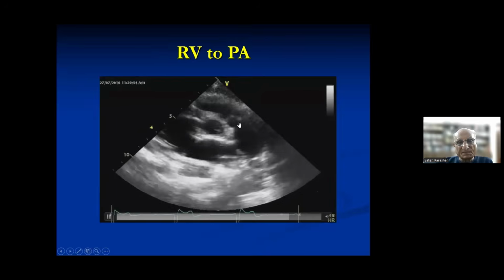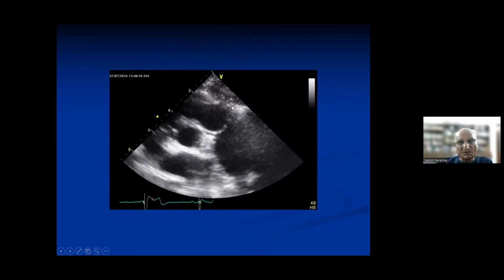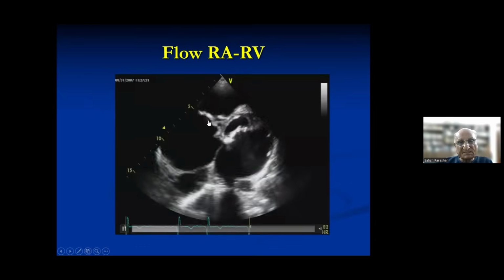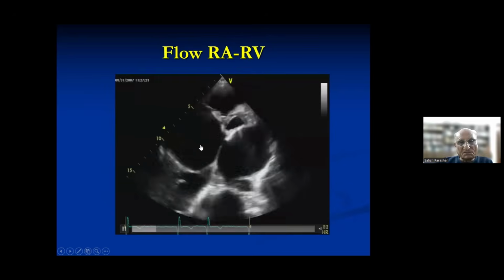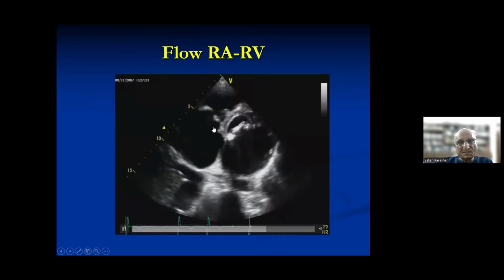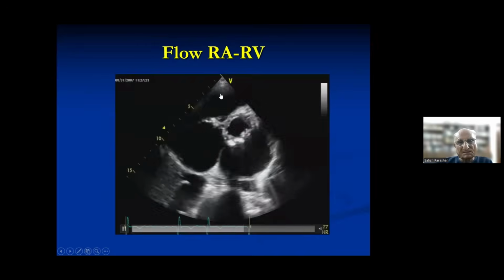You see, rather than opening, it shows a convexity toward the distal chamber, and this is how it looks. So you have seen a doming of all the walls. This convexity is always toward the distal chamber. Similarly, see the tricuspid wall. The flow is going from RA to RV, and you see a doming toward the RV side.